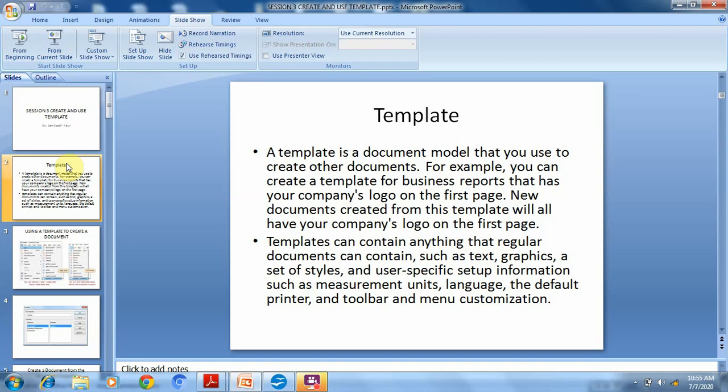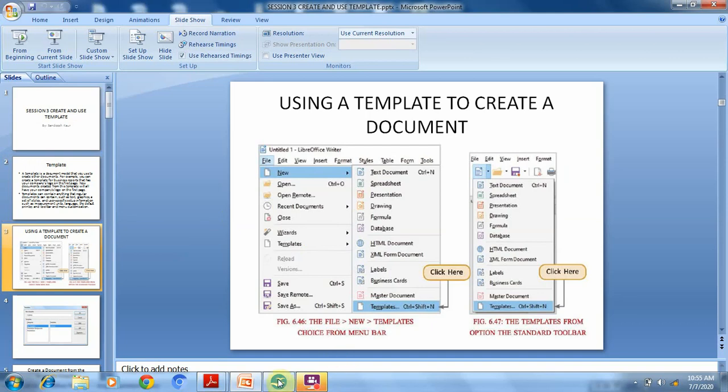Now, a template is just the predefined format available in the writer. This predefined format is known as the template. In this, many predefined templates or designs are available. We just have to insert them into our document and then perform some changes that we want. Now, firstly, we have to learn how we can create a template.